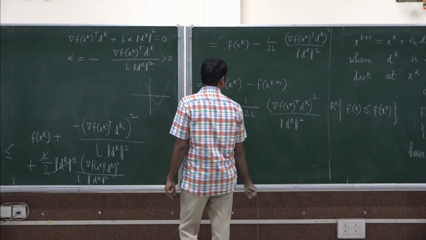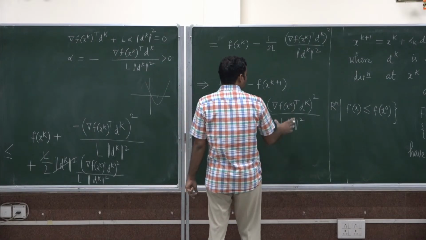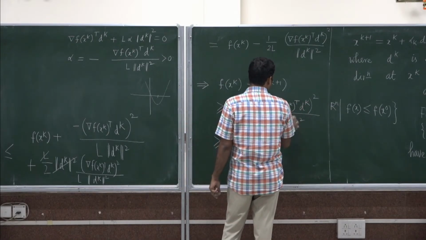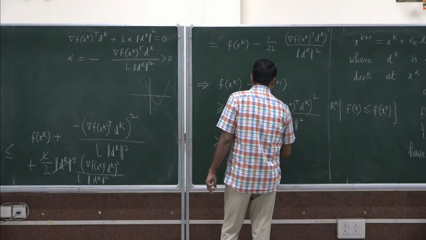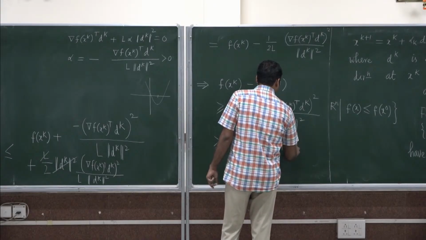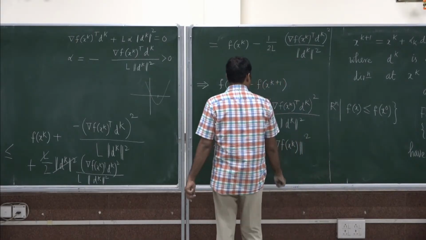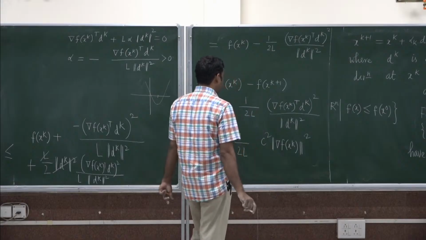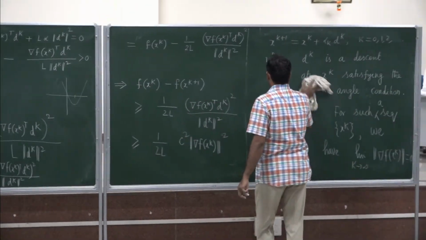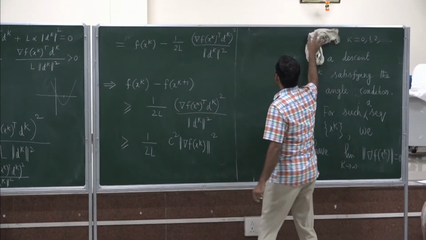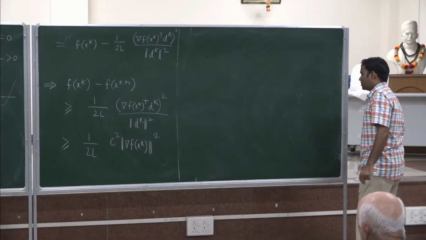And by the angle condition now I have that this portion inside the square is greater than or equal to c times norm of gradient of f(xk), so the norm of dk squared gets cancelled, right? So ultimately this one. And then finally, this is the simplest result for the global convergence. Now if we sum it up on both sides,